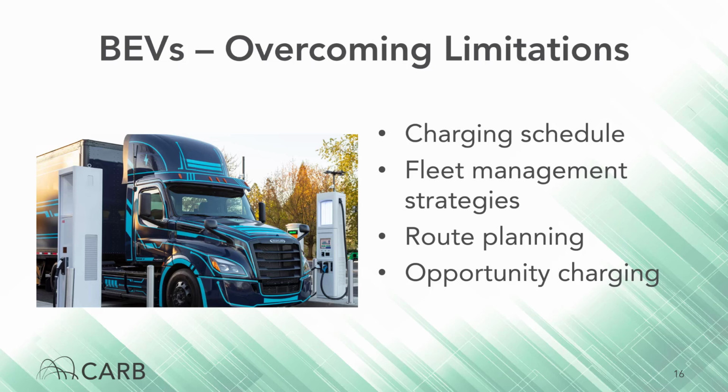Batteries don't charge at the same rate the entire time. It can be far faster and more efficient to charge from 40% to 80% capacity than from 80% to 100%. Taking advantage of opportunity charging and planning your route to ensure your battery will be at a more efficient charging level when you need to charge can actually net you more overall total charge on your route with much less downtime. Also, as with hydrogen, a lot is being done to invest in future infrastructure for BEVs as well, including